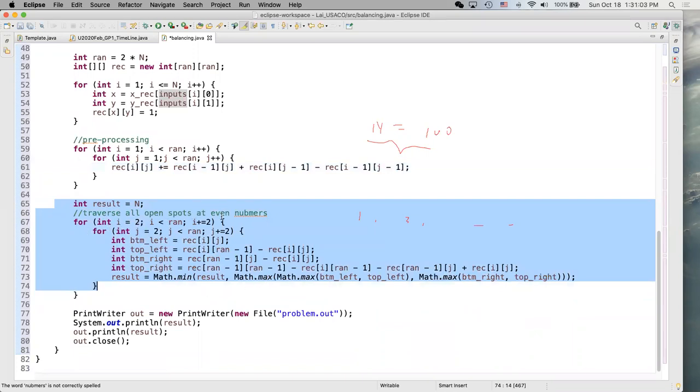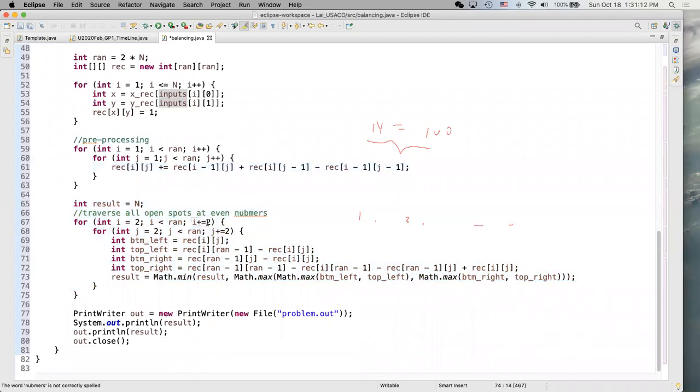So you only have to traverse the open space where the integers are x and y. So I is going to go from 2, j go from 2, and don't forget every time you need to add by 2. And you're going to have this bottom left, ij, bottom left, top left, you're going to I. So here, range minus 1, that's the top boundary, and minus rec and j. And the bottom right is you're going to have the x boundary is the range minus 1 j, and minus rec I and j is looking good. And finally, the top right, you're going to have the maximum range minus 1, range minus 1, minus rec I, range minus 1, minus rec, range minus 1 j, and also add up